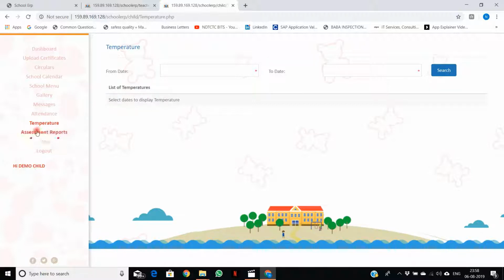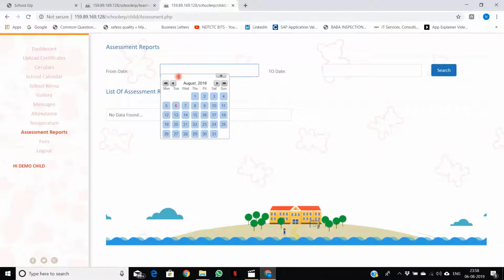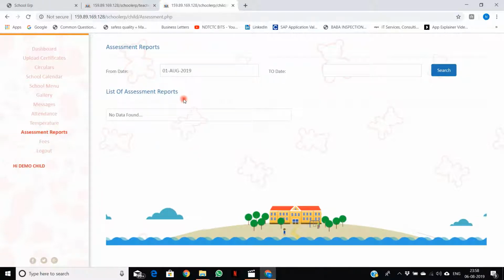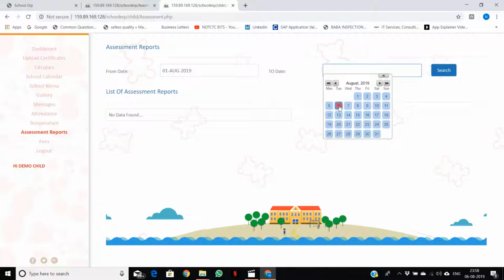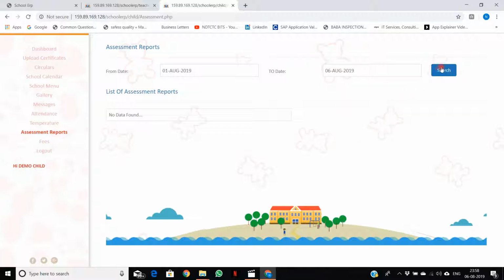Cool. And the assessment report. So for the assessment report, from August 1st to a date we give, any assessment reports can be visible. We give the date, the month, the time period, so that assessment reports can be visible in this block actually. This is the output block. We will get information here. And fees, yes,